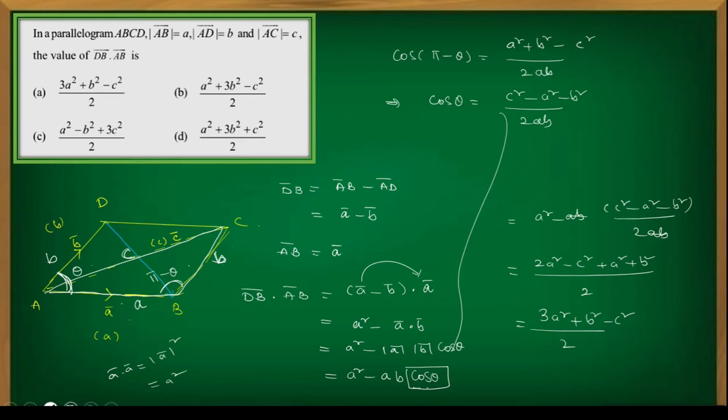So geometry related concepts more in the vectors, and 3D geometry also will be included. 3D geometry and vectors are one and the same. You can see the questions related to geometry board. Now see this one. The vector of magnitude root 51 making equal angles with these 3 vectors. A bar is given, B bar is given, and C bar is given.